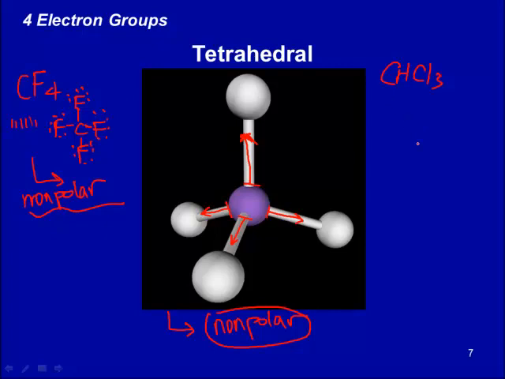Carbon is still in the middle. H, Cl, Cl, Cl. So this is the proper Lewis structure for this particular compound. And you can see, go through the process, you'll notice you still also have to face